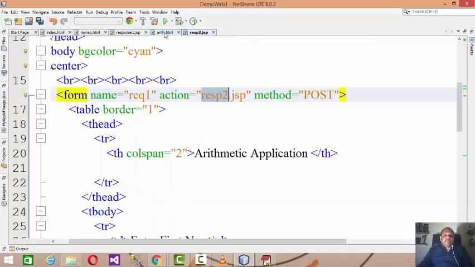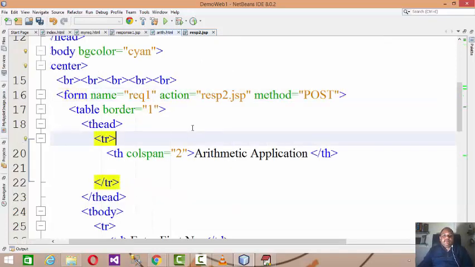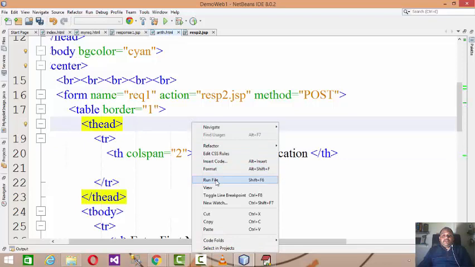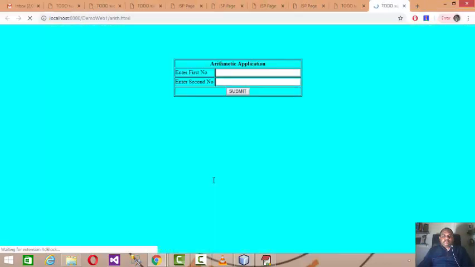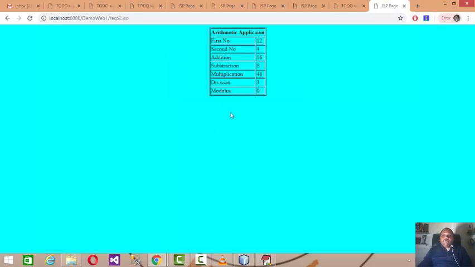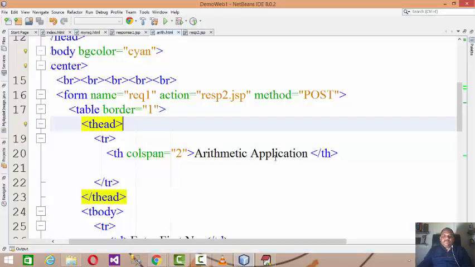So let us run this and test whether we are getting the appropriate result or not. If you run the application now, enter the first number, enter the second number, post this data. Okay, you got the arithmetic application.